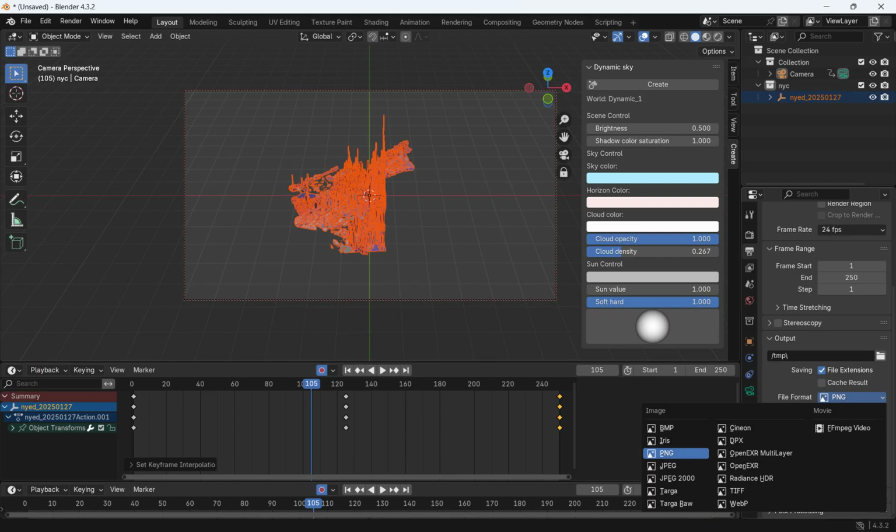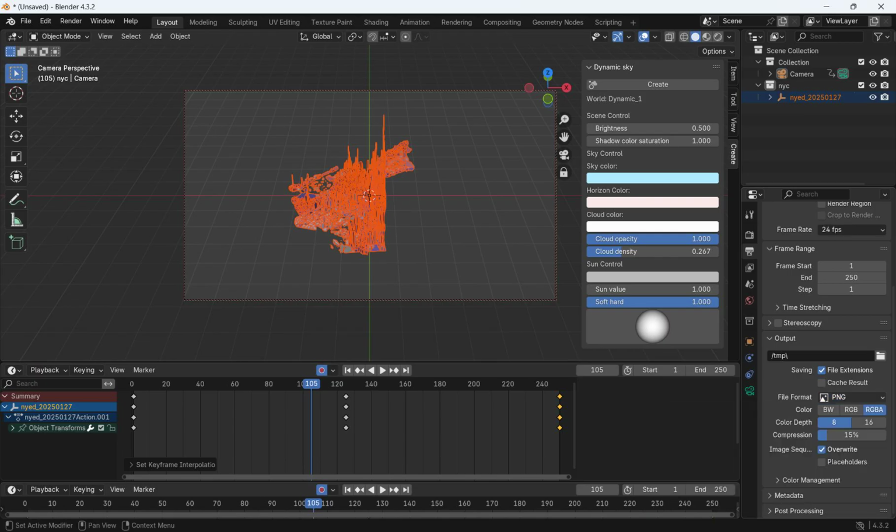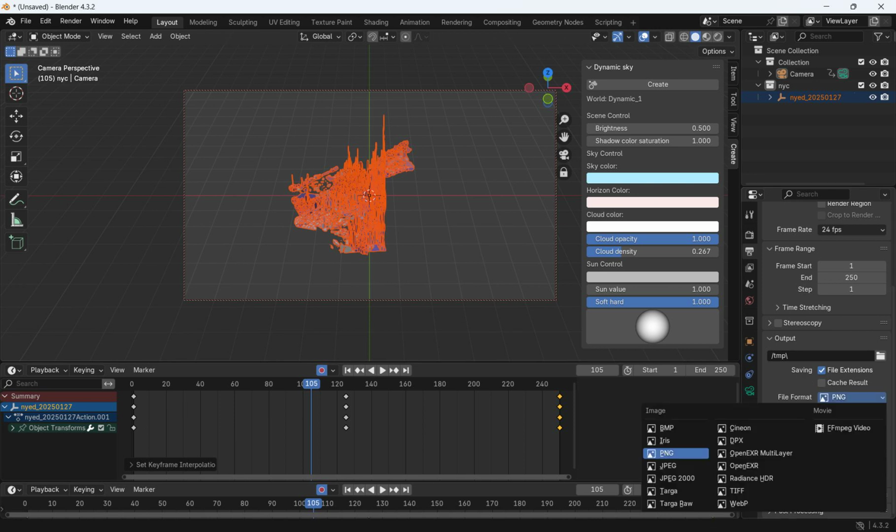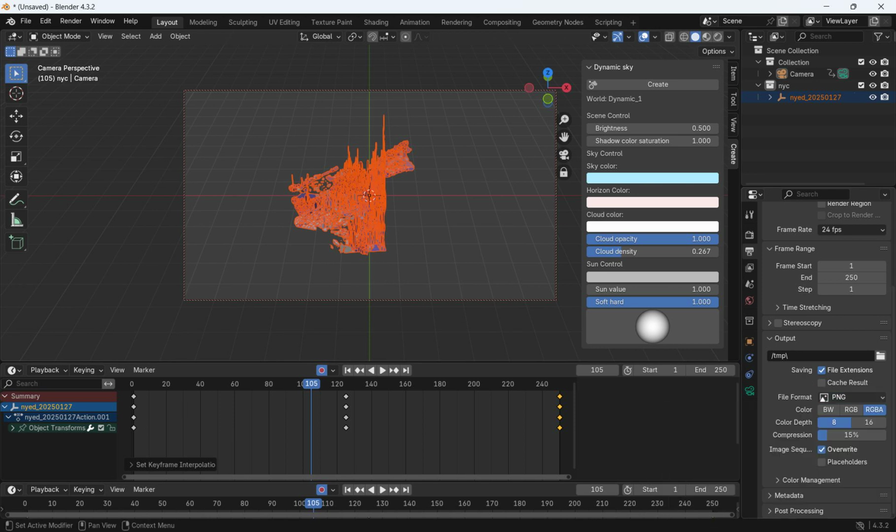And file format PNG is what I used. Yeah, I'd recommend that, and I'll explain later. Well, actually, I'll explain now. Basically, if you save this as a video instead, like if you save this as an FFmpeg video, say your program crashes in the middle of it, you're not going to get any of that video. Whereas if you save as PNGs,